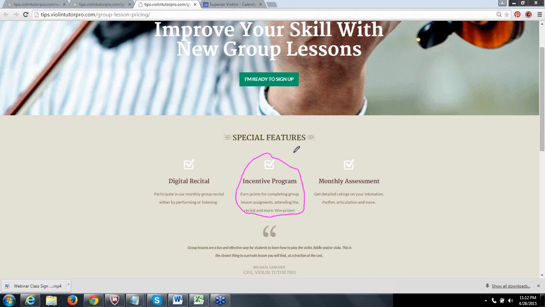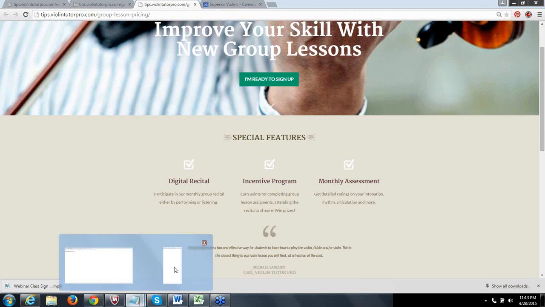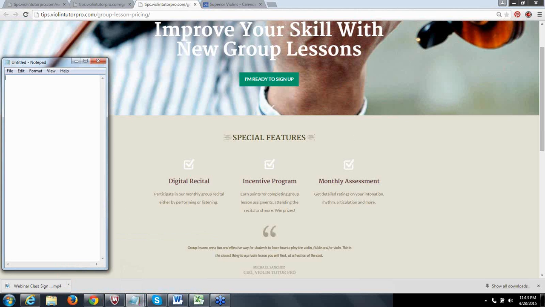So also a monthly assessment, and both of these, by the way, are included just in the gold plan. A monthly assessment is basically where I give you a really detailed analysis of how you're doing on the violin based on a bunch of different factors. So for example, if I've seen you play and I feel like you really need work on intonation, there's going to be a section on intonation,